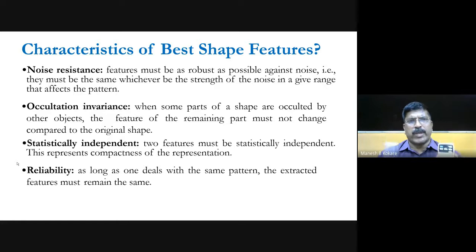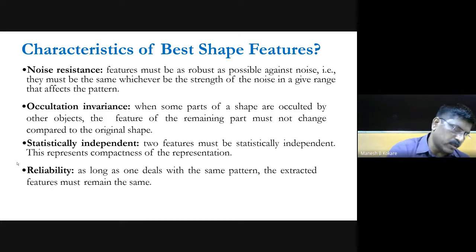So whatever shape features we are going to extract, those features should be different in some way. There should be statistical independence between the features of two objects. Then the classification or recognition accuracy will be high. Otherwise, there will be misclassification, where a remote will be classified as a spectacle case, or a spectacle case will be classified as a remote, and so on. So if your shape feature technique is statistically independent for two objects, then that technique is considered a good shape feature technique.